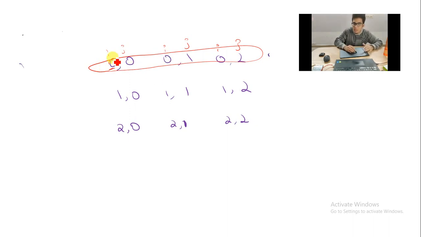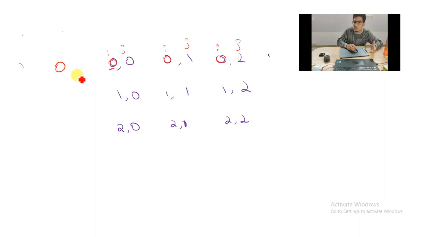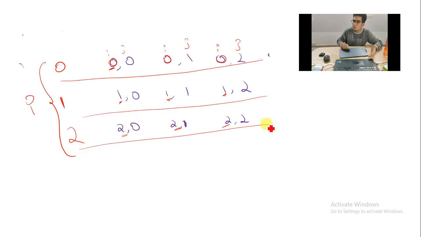Don't you think the i value is common? So 0, 0 and 0 here. In that row your i value, the 0, is common, right? In this row you can see 1 1 and 1, so that 1 is common. I'll write 1. And in this row, that 2, which is the i value, is common, right? And don't you think all these are the i values? Now it is like saying this is the 0th row, this is the first row, this is the second row.